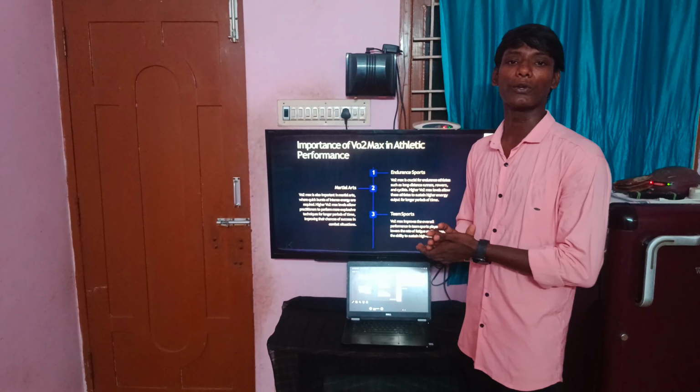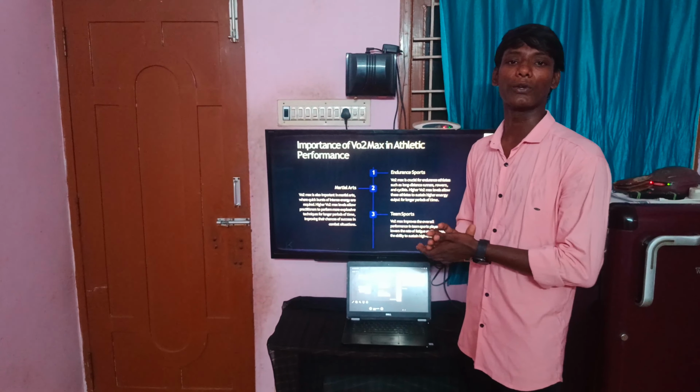In martial arts, VO2 max is also important, where intensity and energy are required, and a higher VO2 max level allows participants to perform more explosive techniques. So when we reach a high VO2 max, we can get more explosive and very good performance in our training exercises, for example deadlifts or very high intensity workouts, which can bring out the optimum VO2 max level in our body.